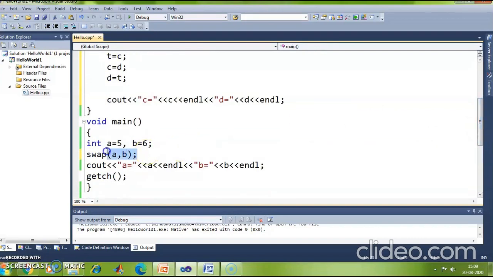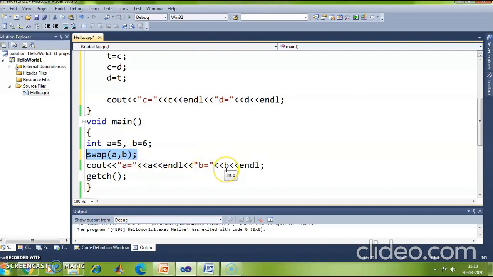After executing this swap function, I come back to my main program, where I am printing the value of a and b. What would be the value of a? The value of a is equal to the value of c, because c and a are one and the same. The value of c is 6 after swapping, so the value of a is also 6.